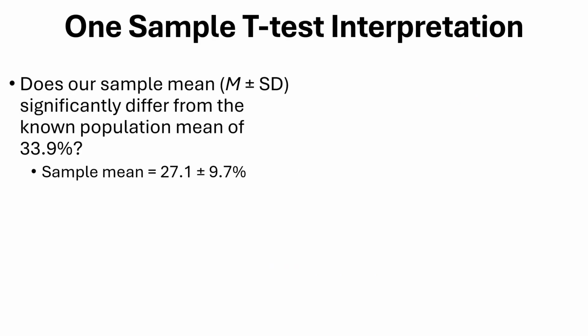Let's now interpret the output of our statistical analysis. As a reminder, the question we are asking in this specific example is whether our sample mean significantly differs from the known population mean body fat percentage of 33.9%. In this case, our sample mean of 27.1% seems quite a bit lower, nearly 7% lower than the known population